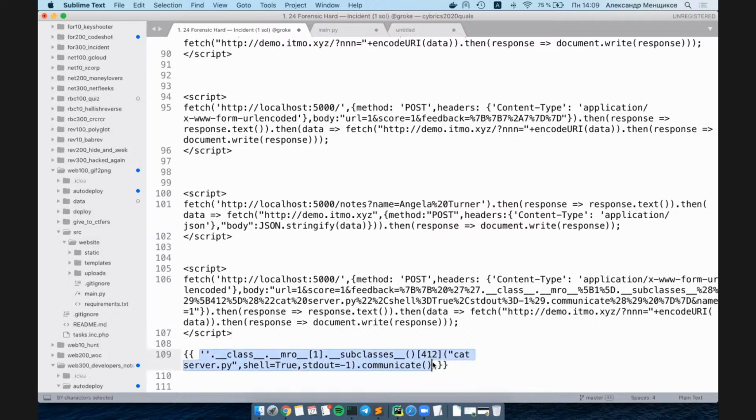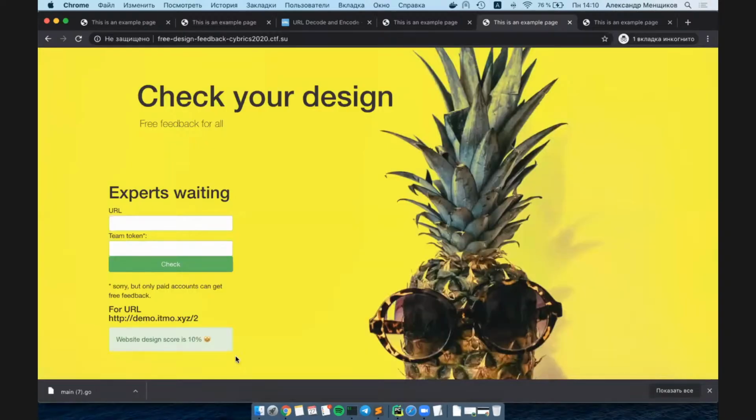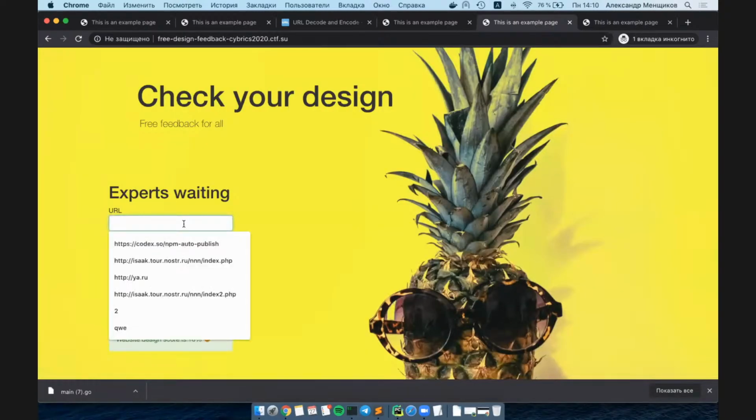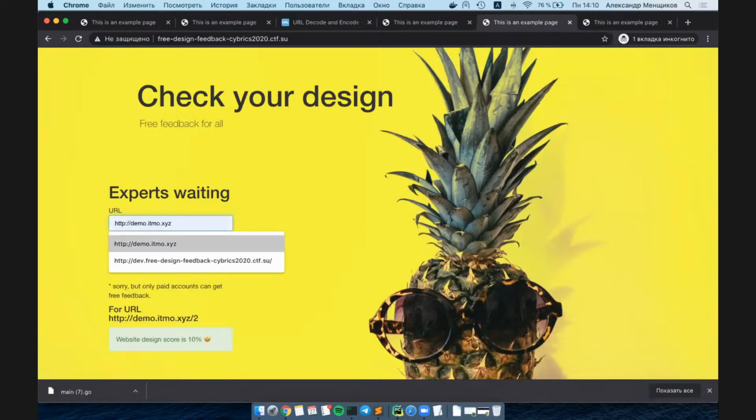That's a common Python SSTI vulnerability execution, which found the open function, and after some tries you can run cat on this source. So if we place this to our website and ask